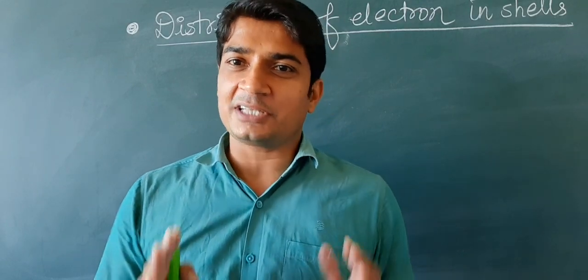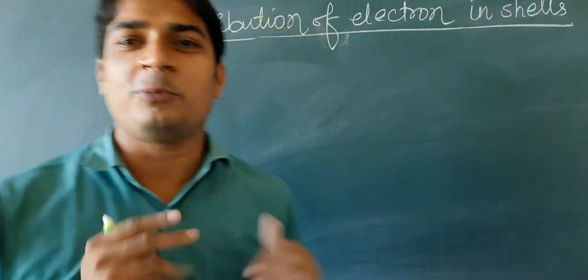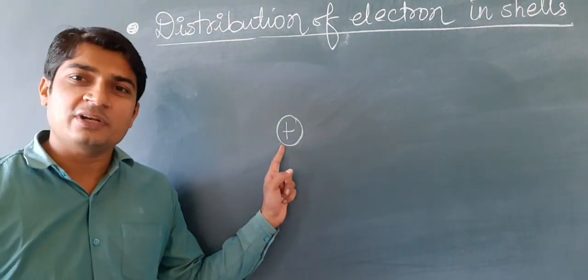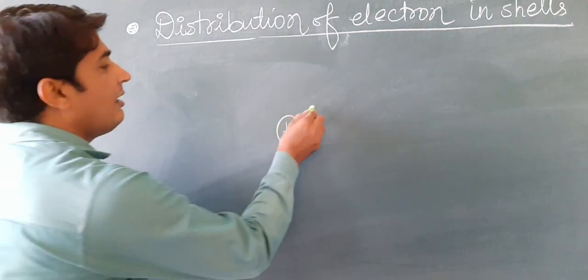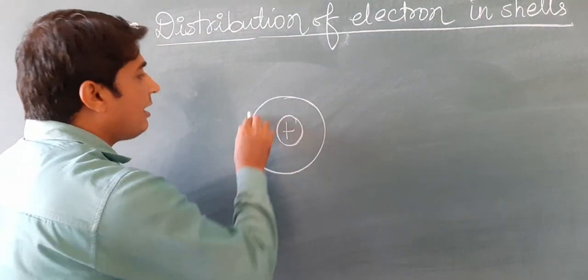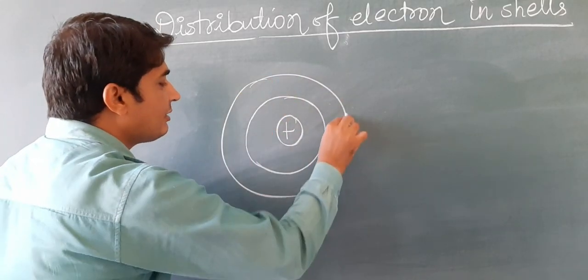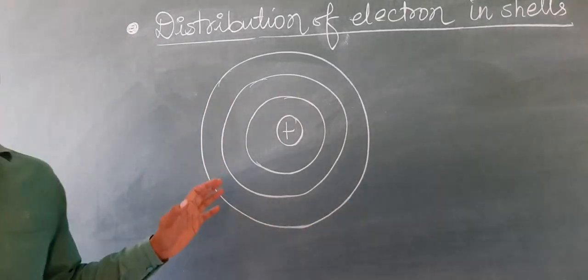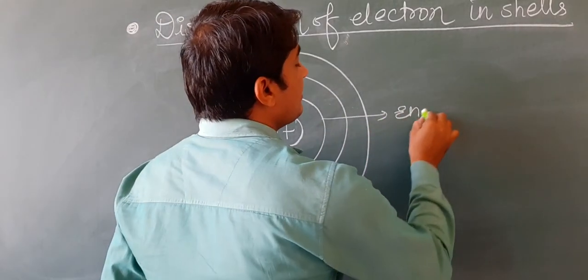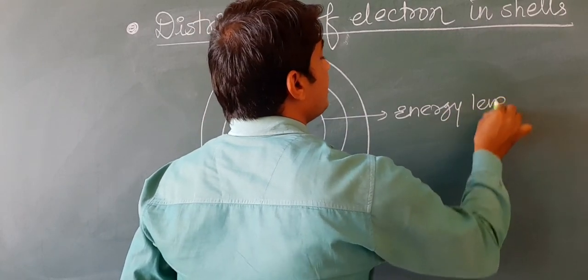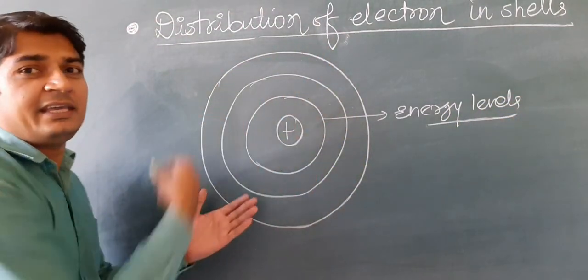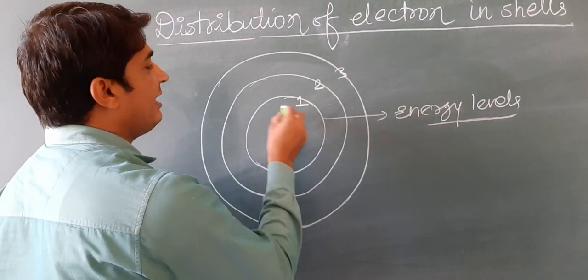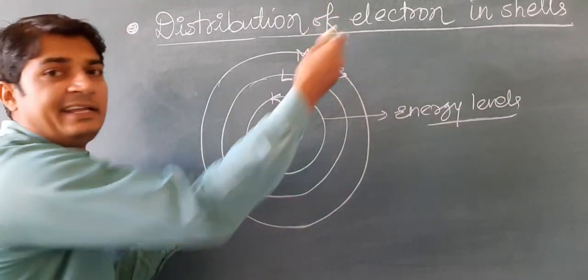इसको पढ़ने से पहले मैं आपको बता दूं कि अब तक हम क्या पढ़ चुके हैं। Up to the Bohr model हमने क्या डिस्कस किया? There is a positively charged nucleus, around this electrons are moving in the circular orbits. Okay, these circular orbits were given the name energy levels, and electrons are revolving in these orbitals. They were named as 1, 2, 3, or we can say K, L, M, N, like this.